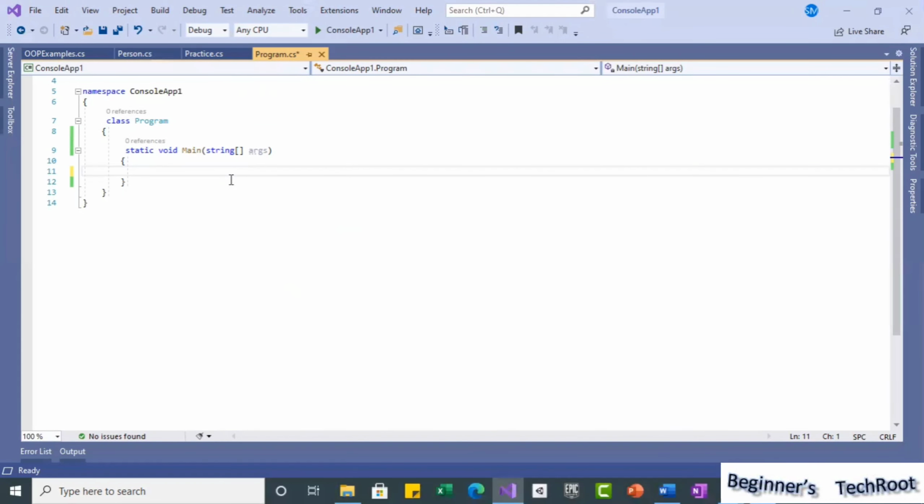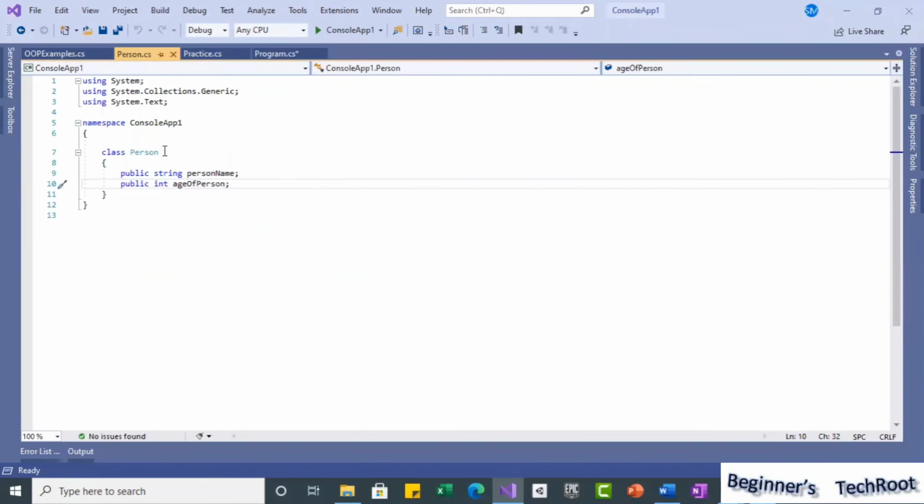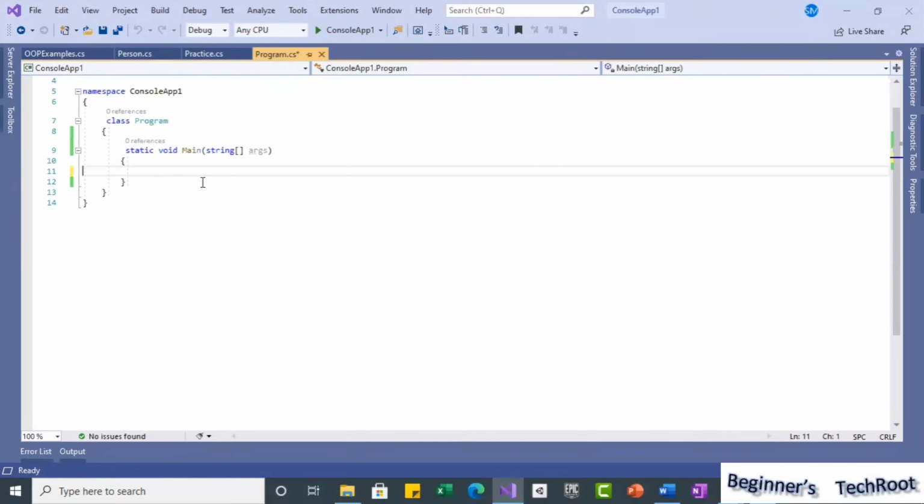Example: earlier we have learned and done the Person class with two fields, person name and age of person. If I use this, how is toString for this class available, through the implicit inheritance from object? Let us look at Person.